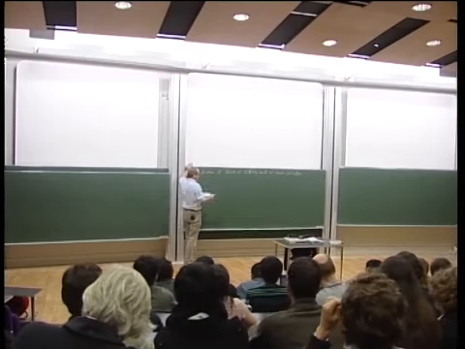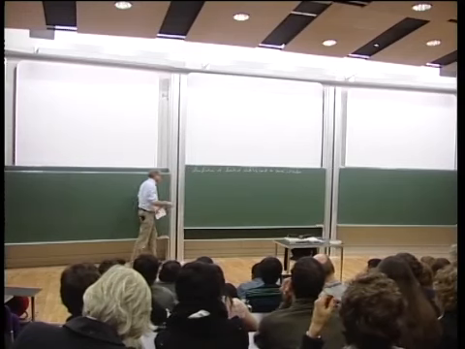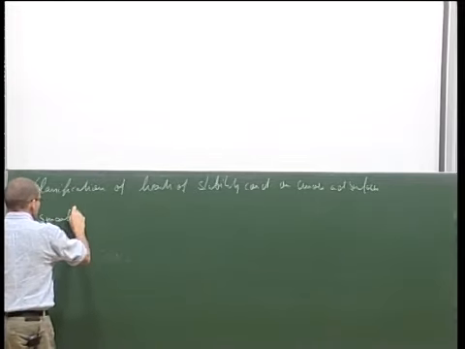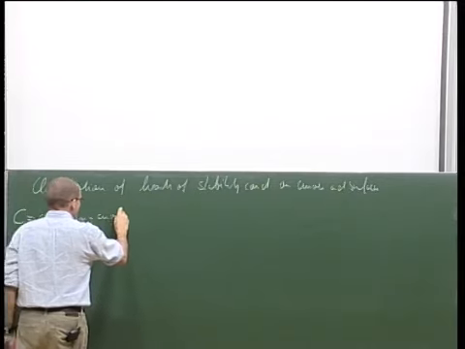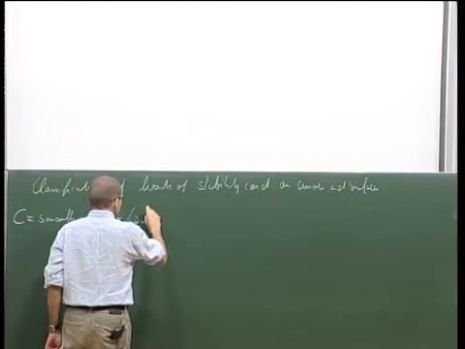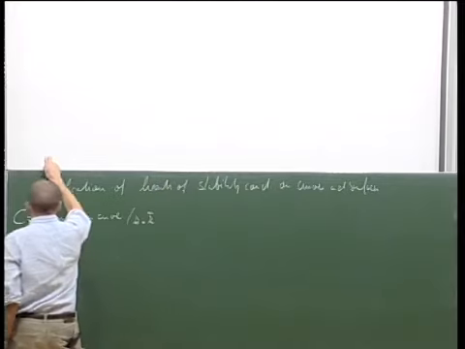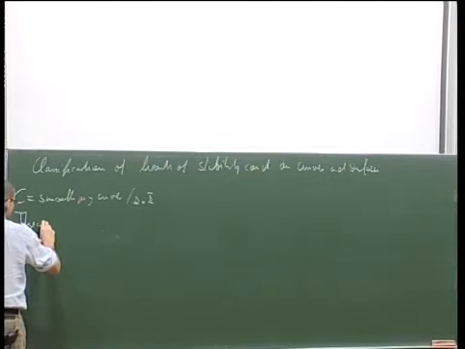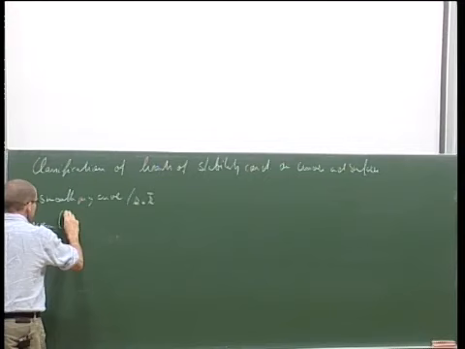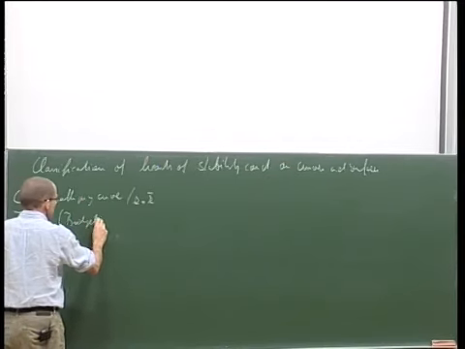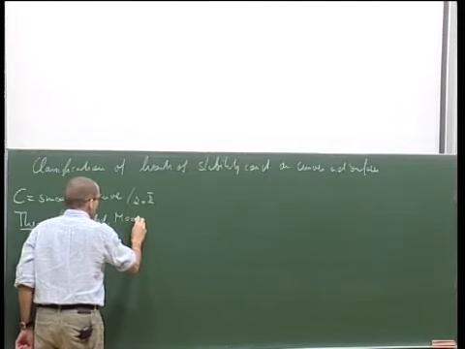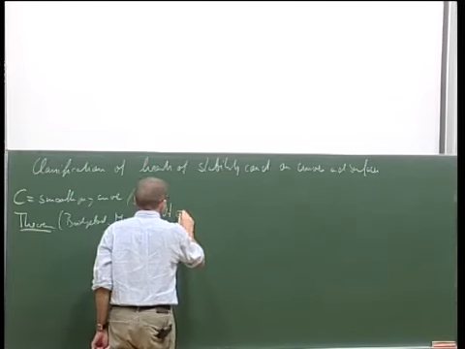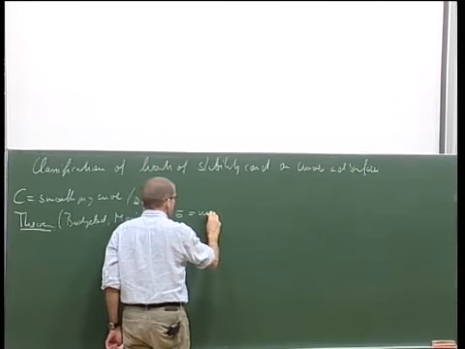And I start out with a case I've talked about yesterday already. So this is the case of a curve. So C, a smooth projective curve over some algebraically closed field. And there was this theorem, which is due to Bridgeland originally, then a better proof provided by Macri, saying that if sigma is a numerical stability condition